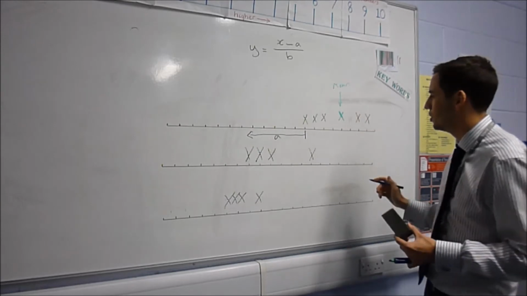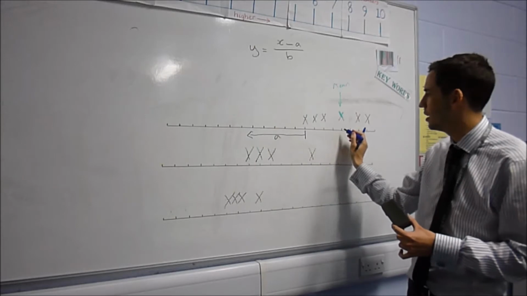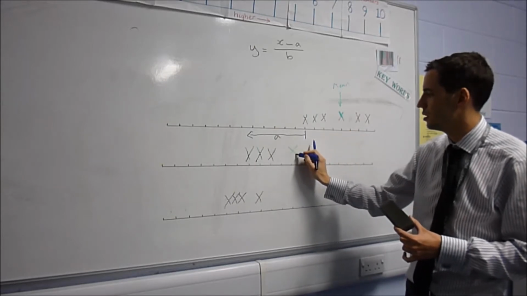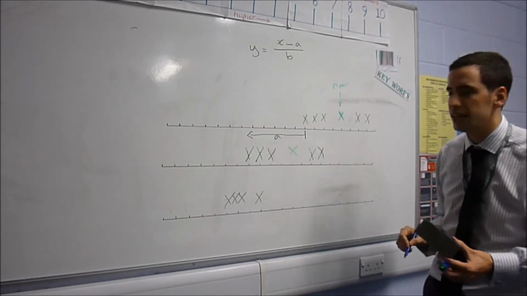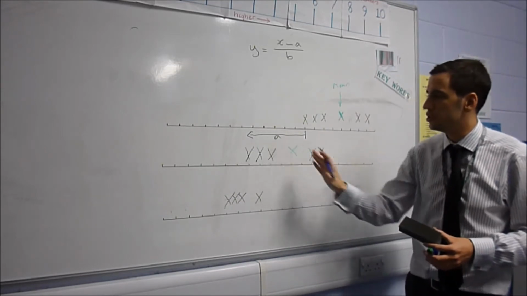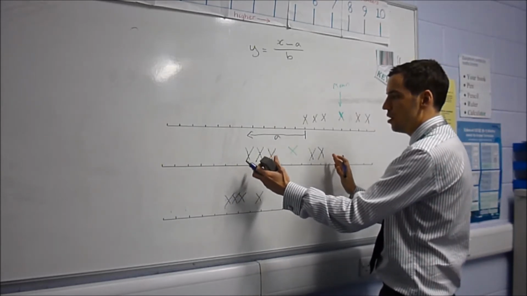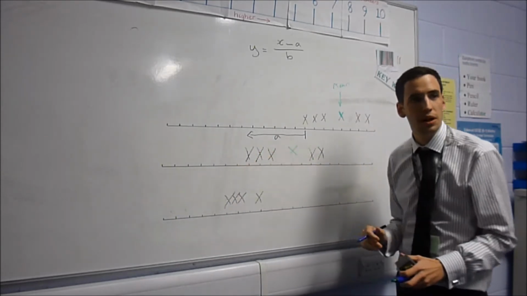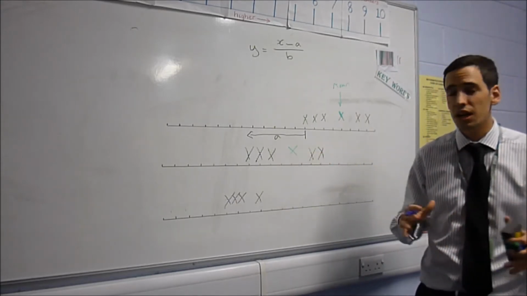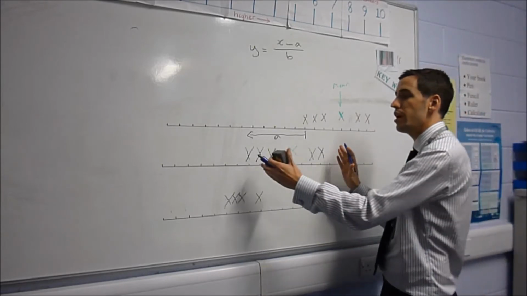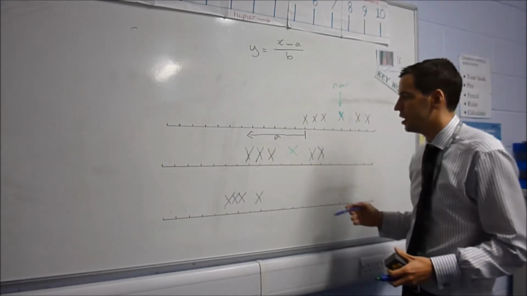We're taking away a from each member of the data set. So we can see I've filled out most of them. All I've got left, I've got to put my mean in, so that's moved down there as well. And I've got one more piece of value from my data. So the whole data has moved down. We can see it's just as spread out, but it's just moved along the number line. So taking away a doesn't affect the spread of the data or any measure of variance, but it does affect